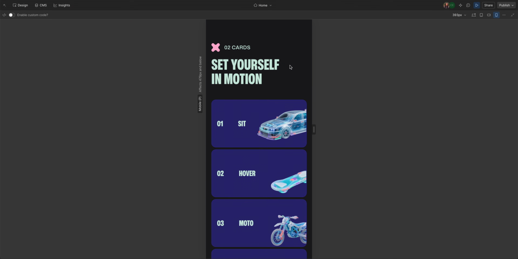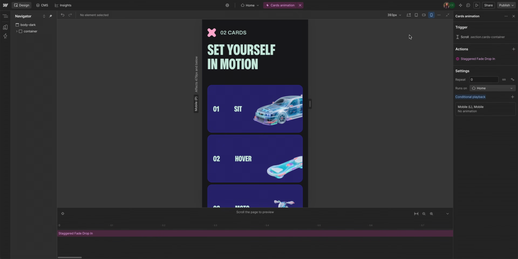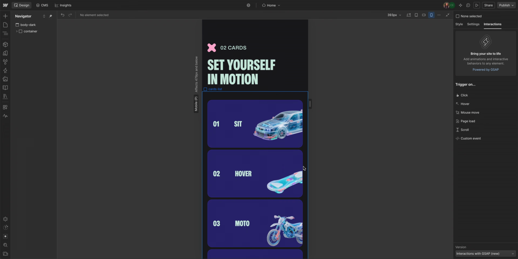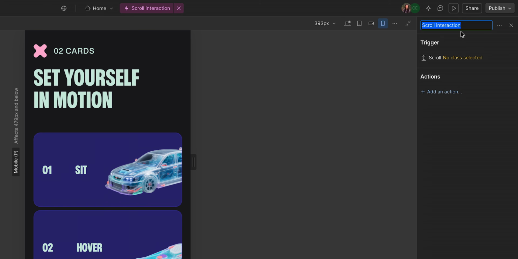We can see everything. But what if we wanted to add an animation on mobile, but just a simpler one that's styled for that design? So we can do that by setting up a new interaction. So we're going to exit out of this stagger animation, and then we're going to go to our interactions panel and we're going to create a new scroll animation. We'll call this mobile